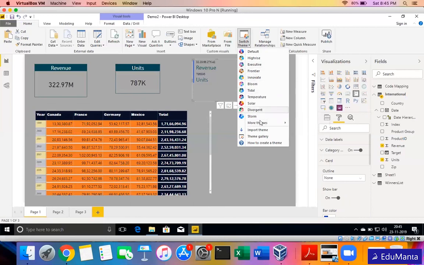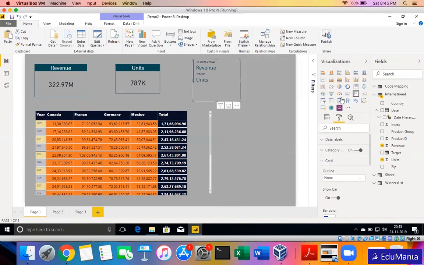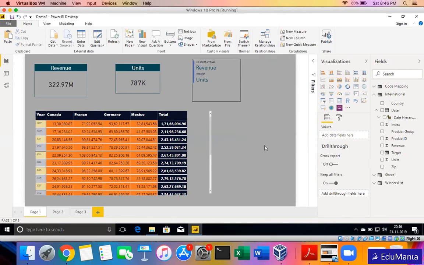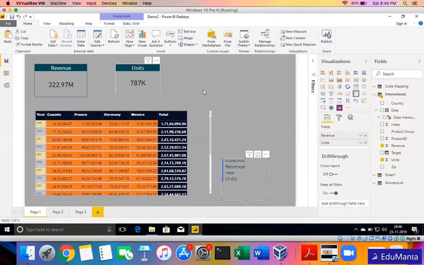And by default it also has a huge range of themes, and these are added from time to time. And you have a theme gallery also. If you are not satisfied, similar to the visual gallery, we have a theme gallery. Like we have import from marketplace to import a visual, we can go to the theme gallery and import more themes from there. And you have a section on how to create a theme, like I was talking about the file. So if anyone is interested, you can go to that section and create your own theme. It's just your imagination how you make a page look more beautiful after data modeling.